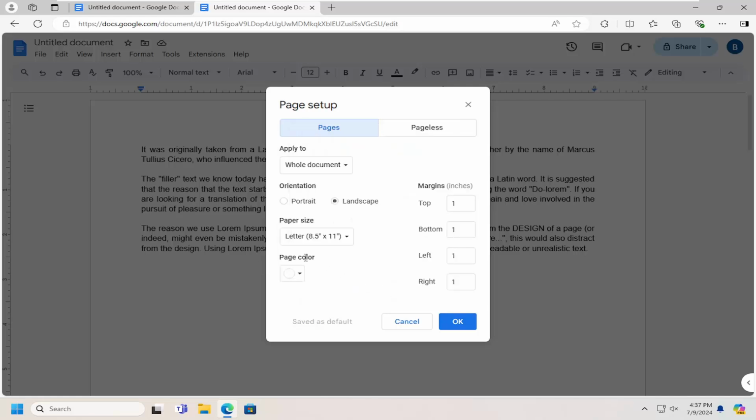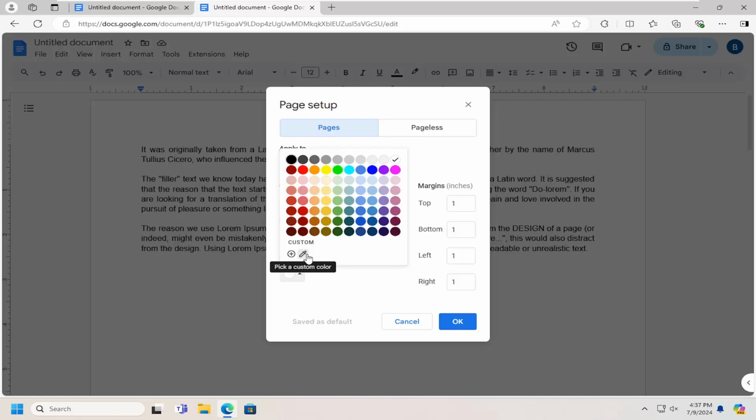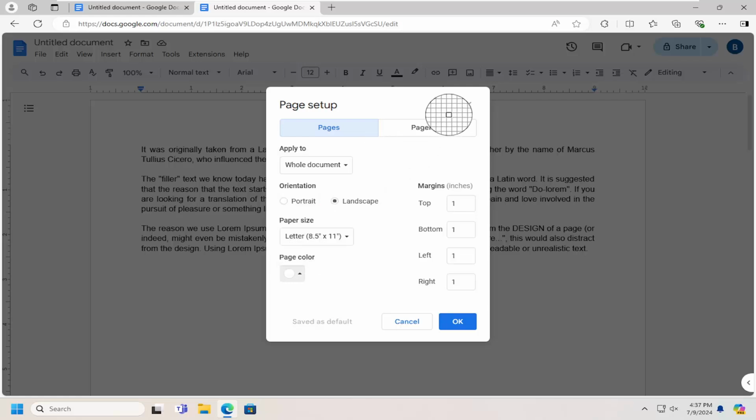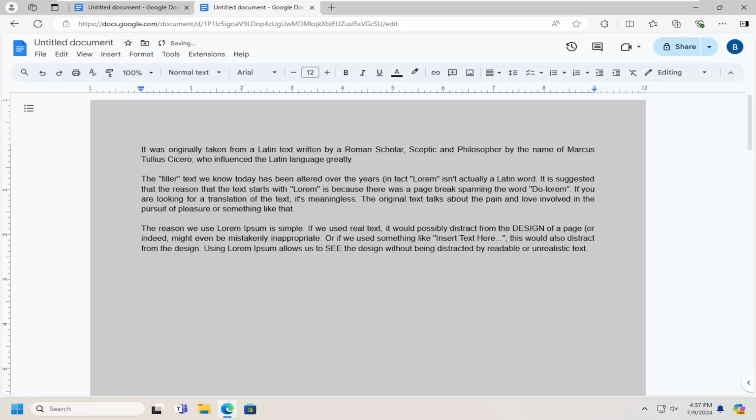So by just selecting the little plus icon, or you can pick a custom color somewhere else on the page that it can sample. So pretty neat feature there, guys. And then you can just select the OK option to save that. And that's all you have to do. So pretty straightforward process,